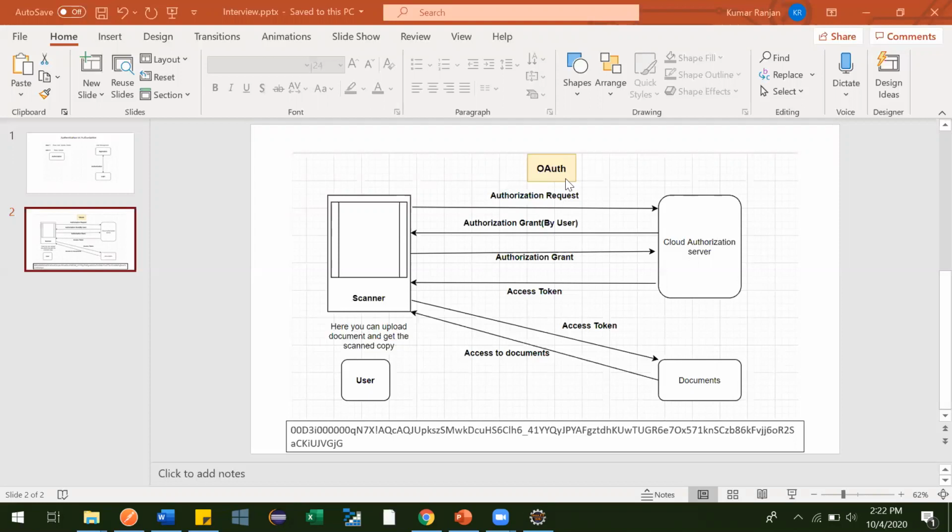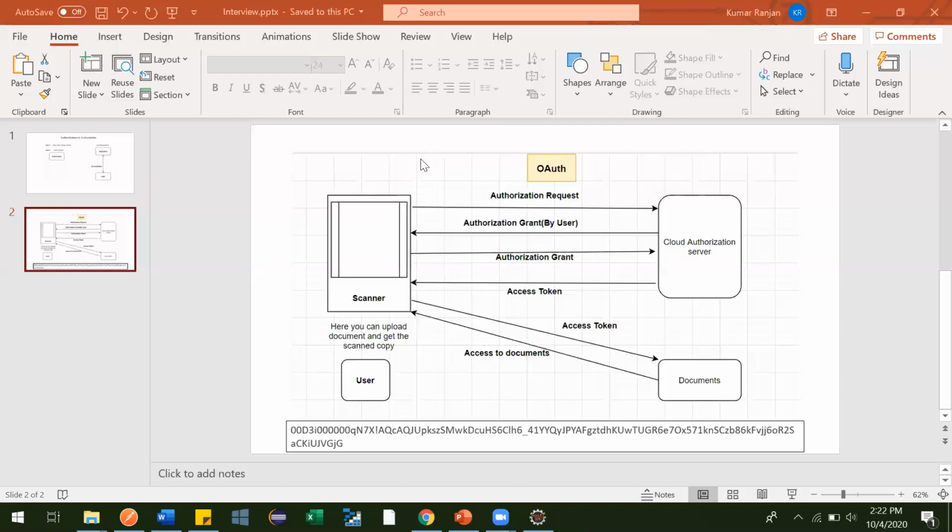Now let's consider an example. Suppose there is a user who is using a scanner app to scan his documents, to generate a PDF or send it to some person.